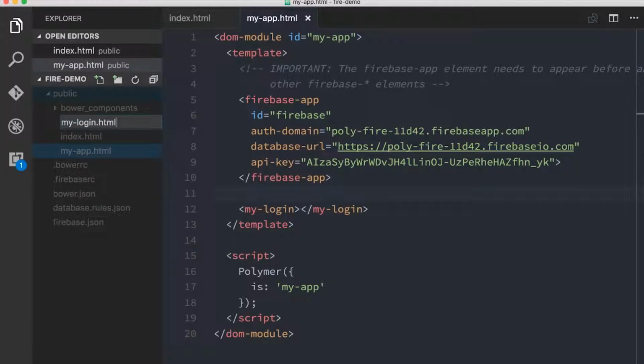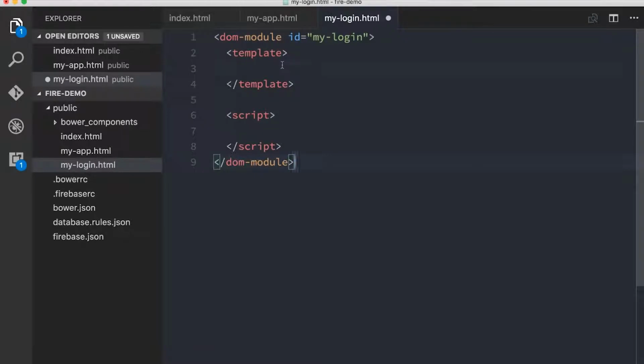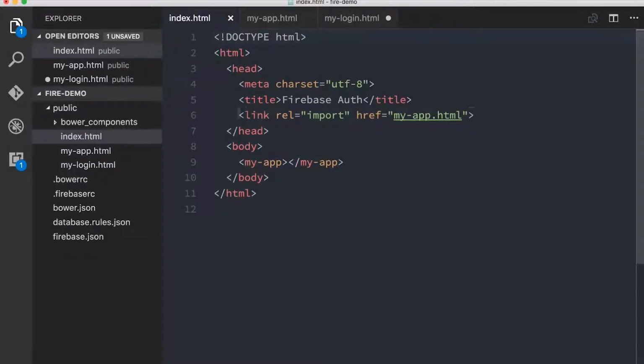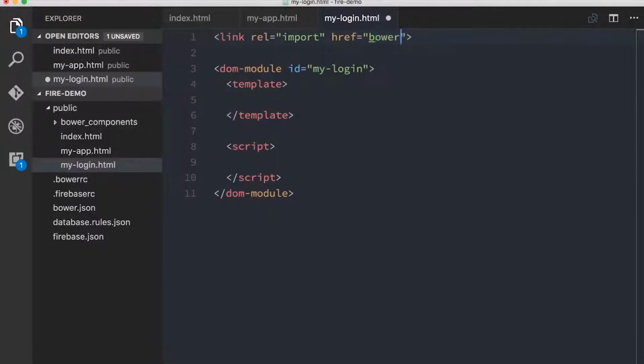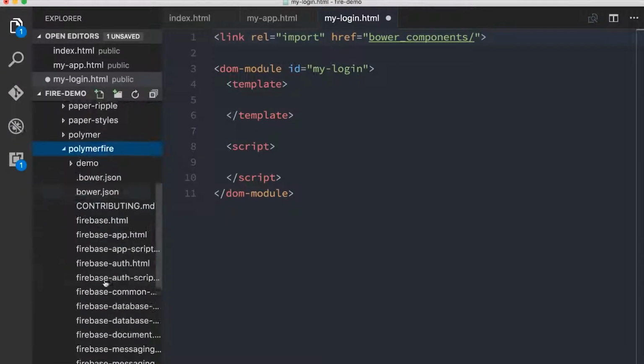Create a my-login.html. Again, I've got a little bit of code that I'm just going to steal and drop in here to start to scaffold out my login element. What I want to do is make sure that I am importing the Firebase app elements, so I'm going to steal this link tag here. I don't have it in any of my snippets now that I'm using Visual Studio Code, and it's making me like the world's slowest developer. If anybody wants to create a Visual Studio Code snippets package for Polymer, I would totally be your best friend. But what we're going to do is import bower_components slash, is it polymerfire, I believe? polymerfire slash